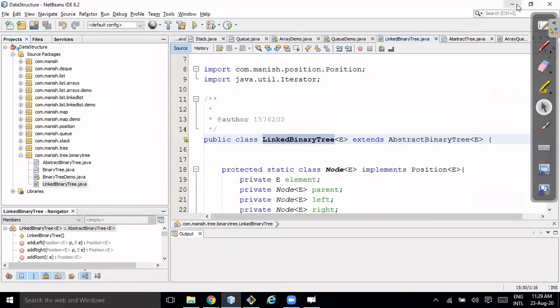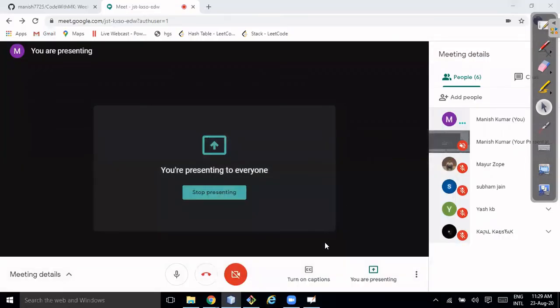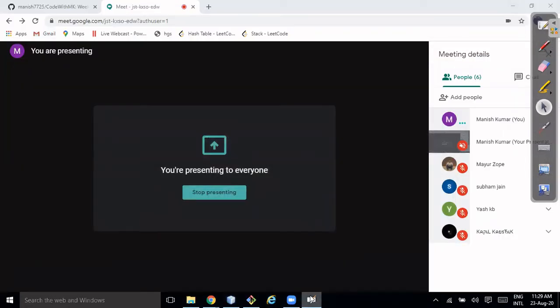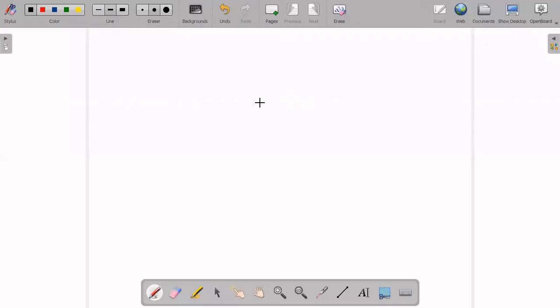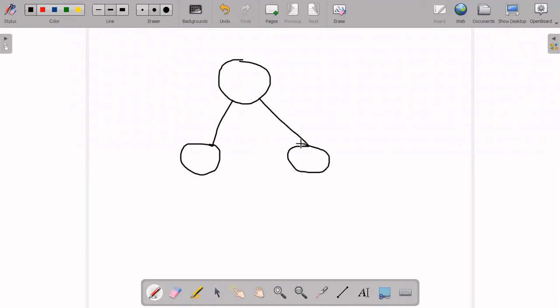So now the question is how we can implement the node. We understood what everything is. Now I have to understand what a node is. Okay, so this is the tree. But now I am implementing the binary tree, so here I have to think about only the binary tree, because the concrete implementation is there in the binary tree class.